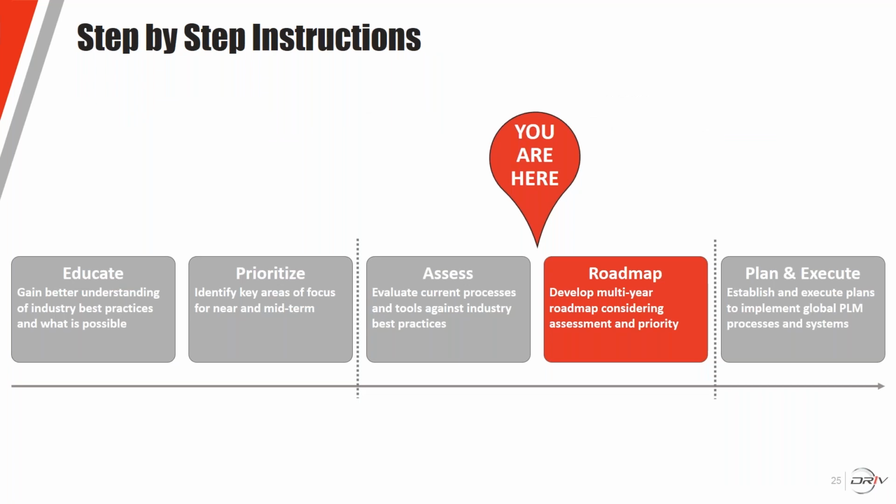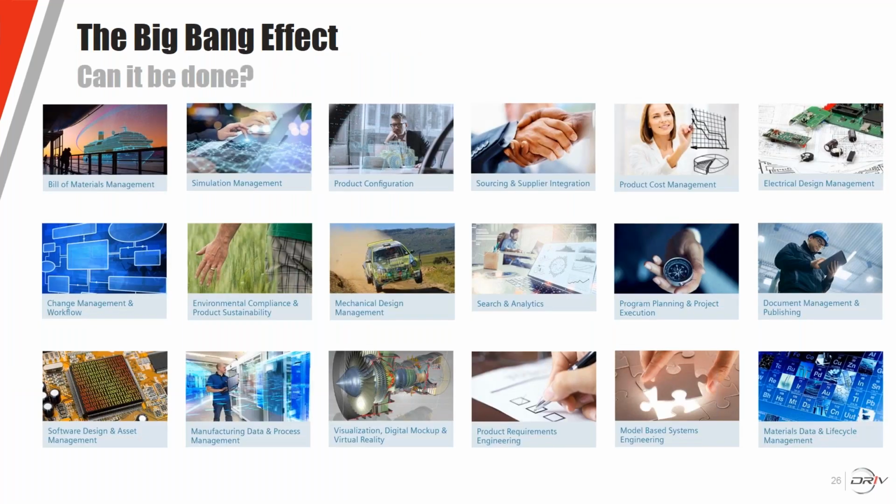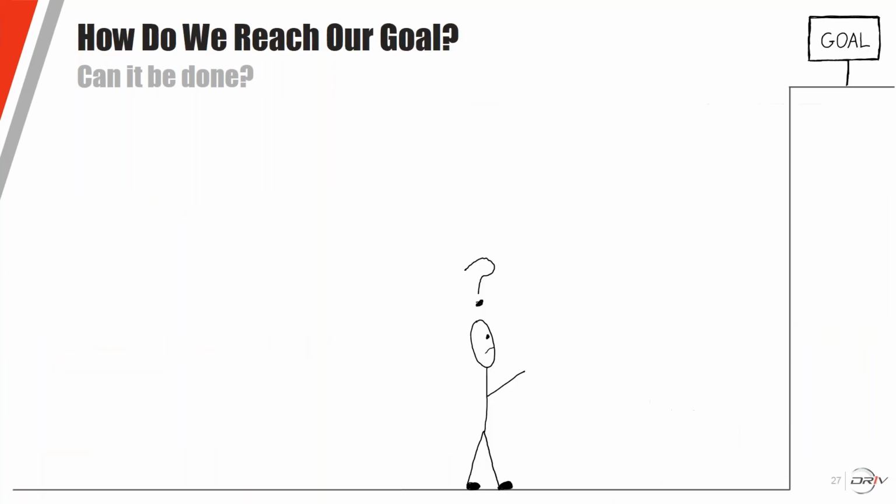So after we have an assessment, that assessment then starts to inform our next step, which is really developing that roadmap. Now, when we talk about a roadmap, the first thing we need to understand is, should we do a big bang effect? Can it be done? Should I do all of this stuff? And I think actually looking back, I should have set a poll up to say, should we do the big bang or not? I can tell you that I've been part of attempted big bangs before, and I've never seen it be successful. There are companies that have millions and millions of dollars to spend, which might make it possible to do a big bang, but I will tell you, for the most part,